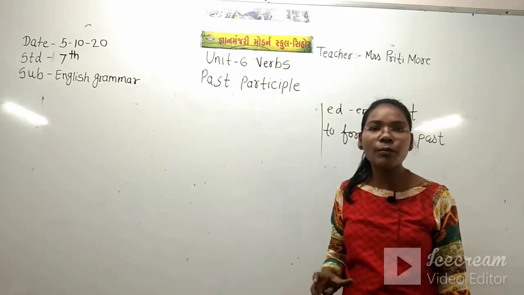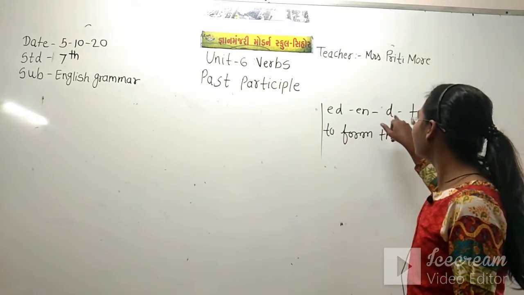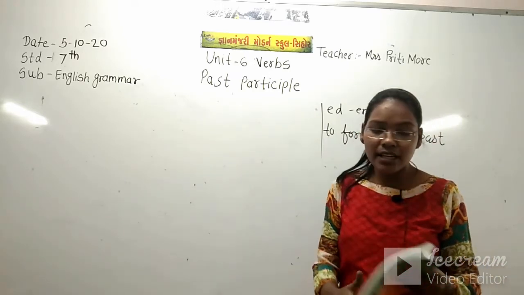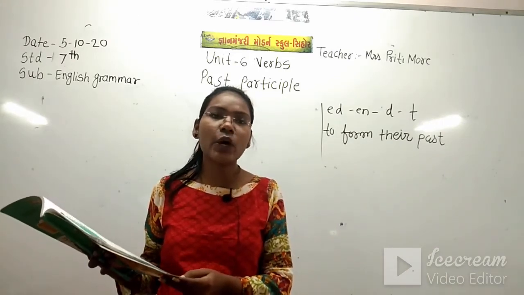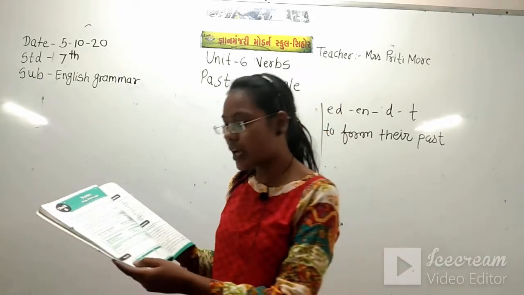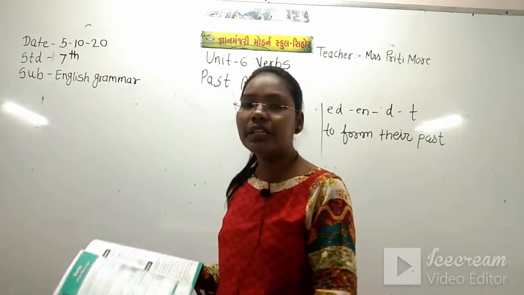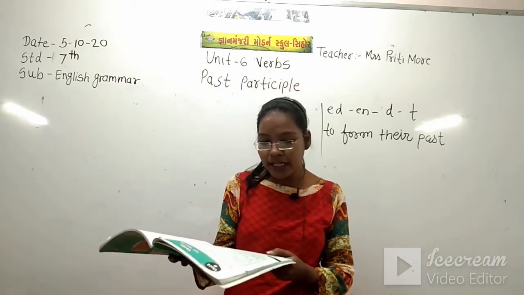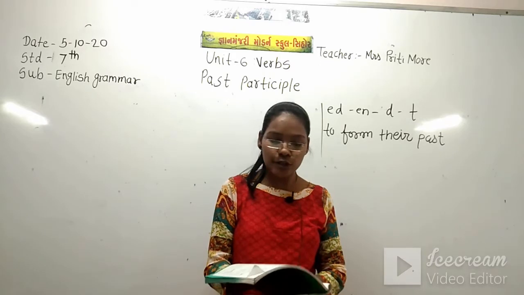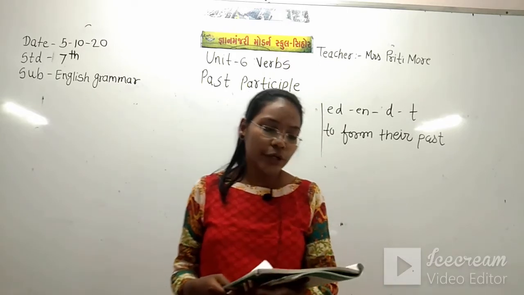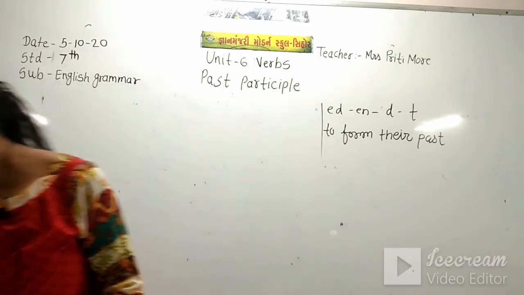Basically, the past form and the past participle form of the verb end with ed, n, d and t like this. We have also completed Focus Exercise A, where there was a table in which we wrote the past form of the verb, the past participle form and the main verb. Now today we are going to complete Practice Exercise A.